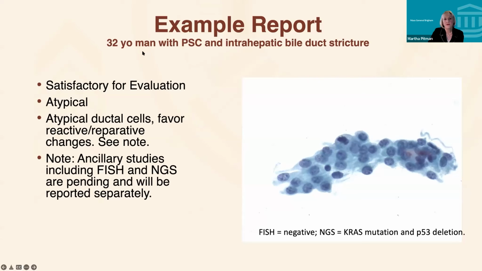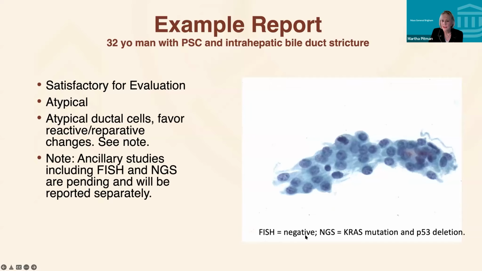Here's an example of a 32-year-old man with PSC and an intrahepatic bile duct stricture. We call this atypical, but favored this being reactive. The cells look very round and regular. There seemed to be ample cytoplasm. They're all about the same size and shape. Yes, mitotic figure, but that doesn't make anything malignant. It looked very bland. We did do ancillary studies that weren't available at the time of sign out, but they